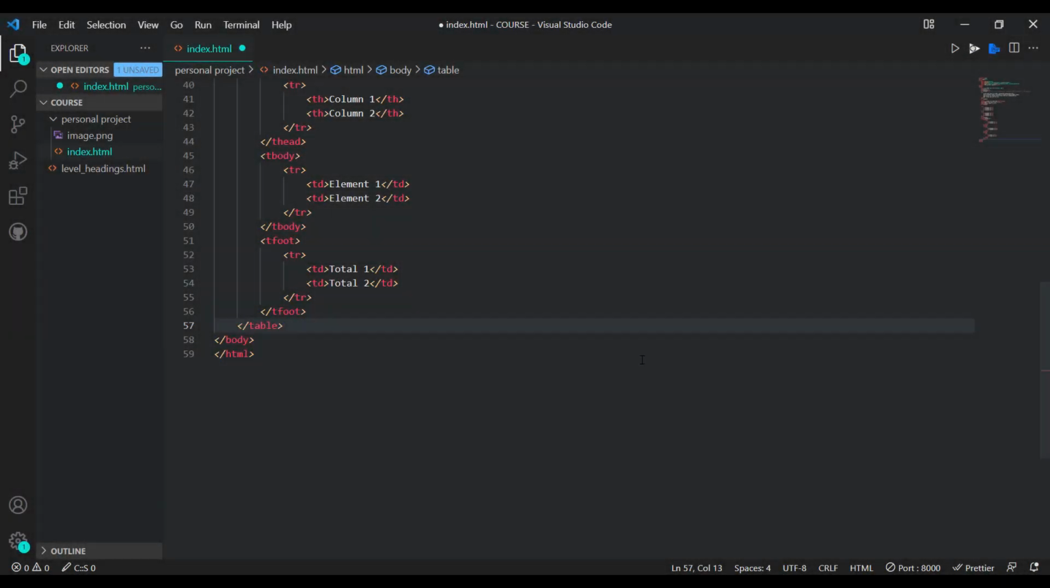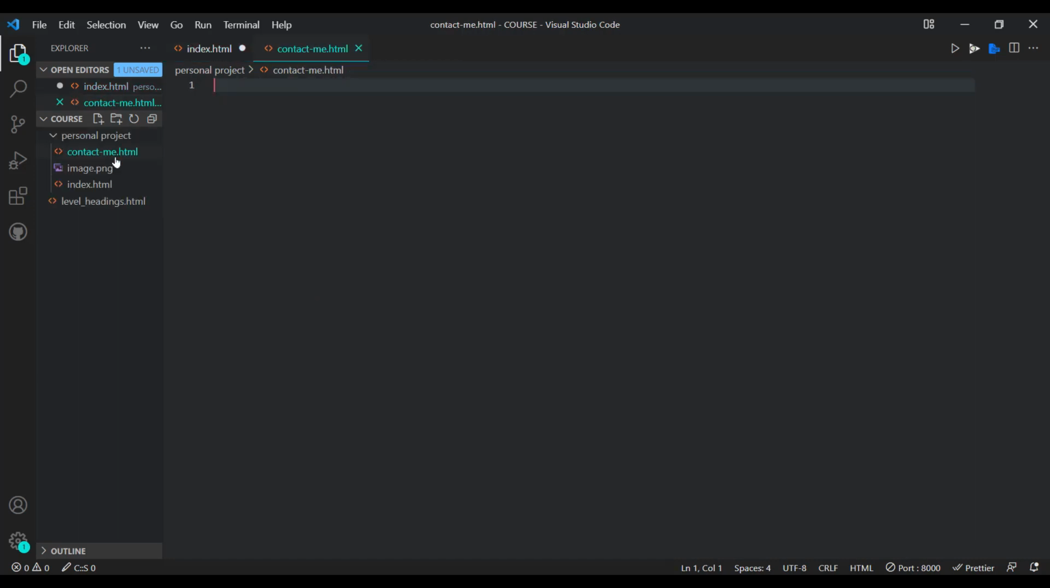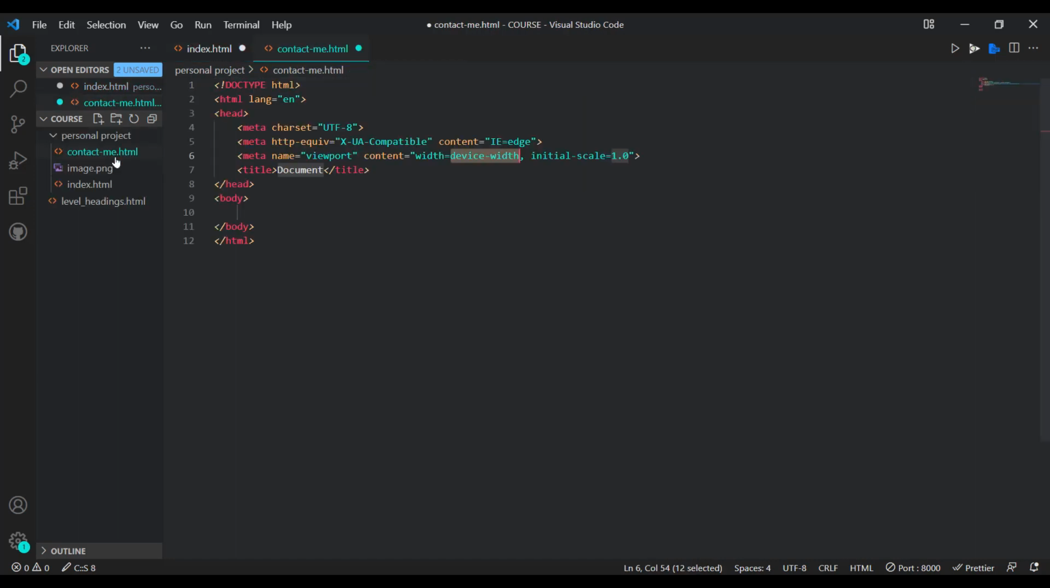Now in this lesson we are going to add a link between two pages. Let's begin by going into our personal project folder and add a file called contact-me.html. Now in it, let's go ahead and call our page Contact Me